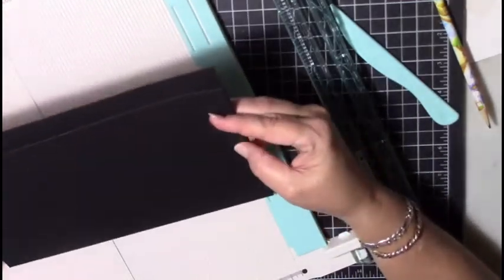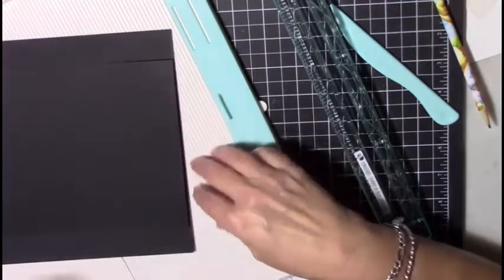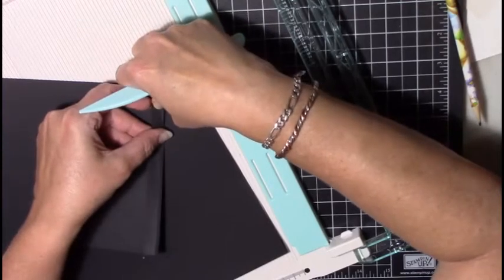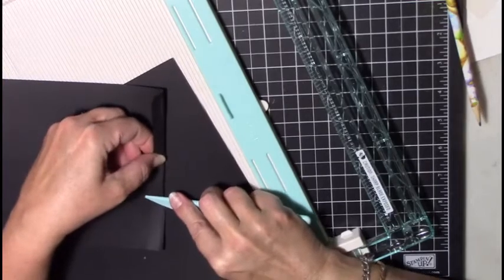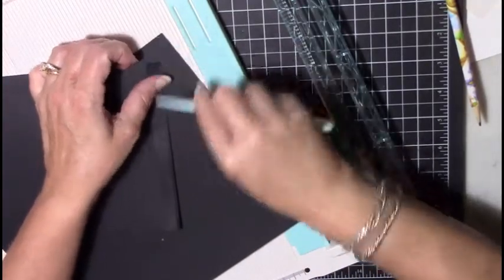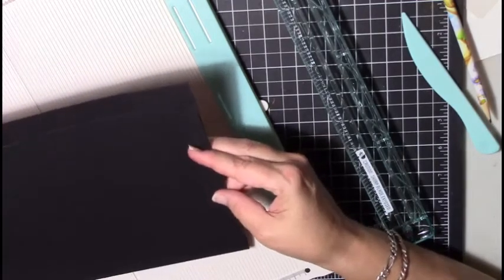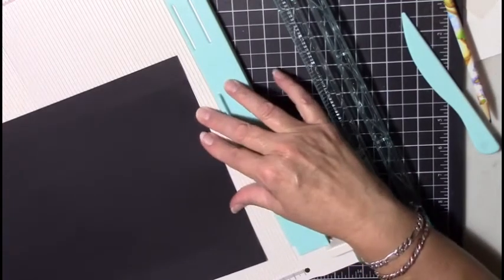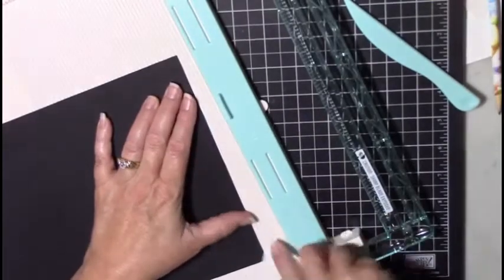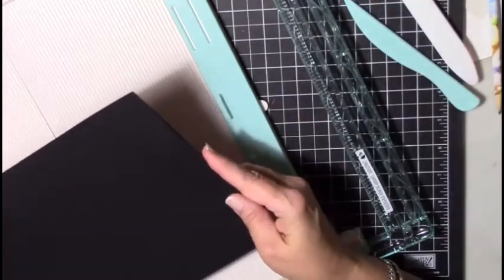Let's see. Well, it is not very straight. Hence this paper. Okay. So I'm going to work it, seeing if I can get it to straighten out a little bit. Okay, well that made it straighter. Ugh, that's good. Scrape that paper. It's all going to be covered. And then yes, okay, much better. Okay, so now there's the belly band,